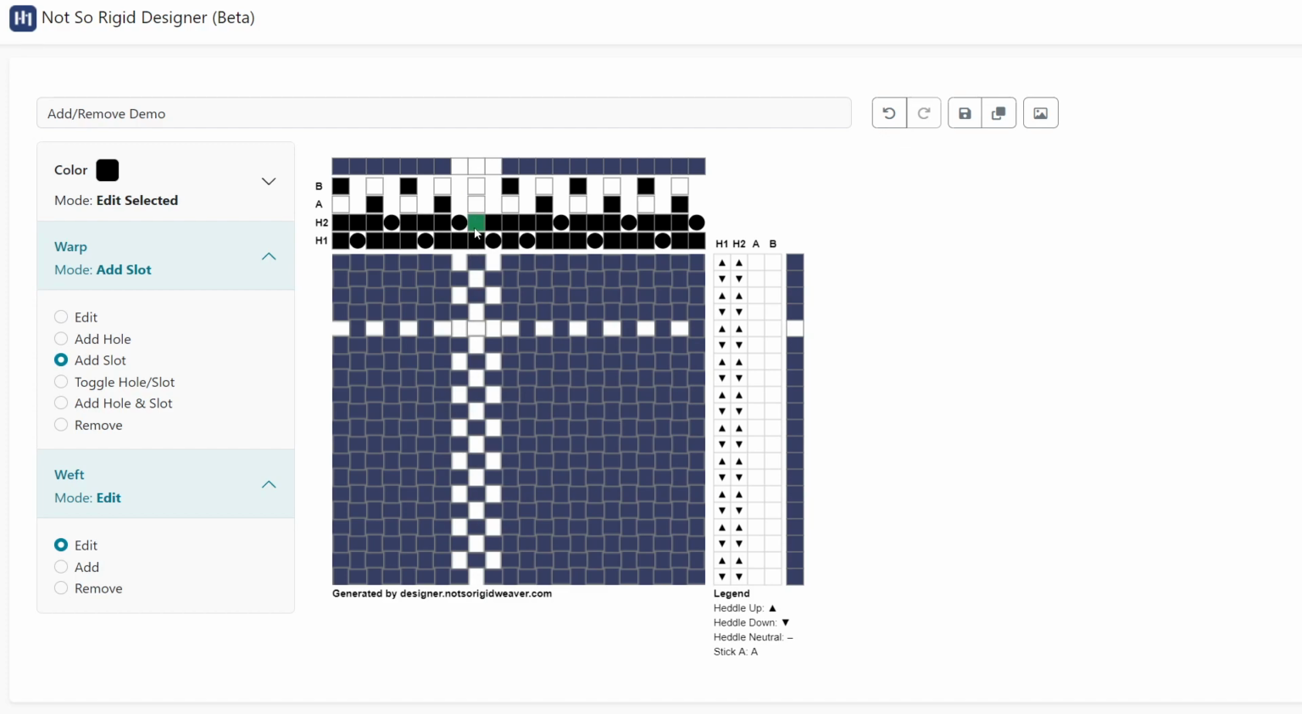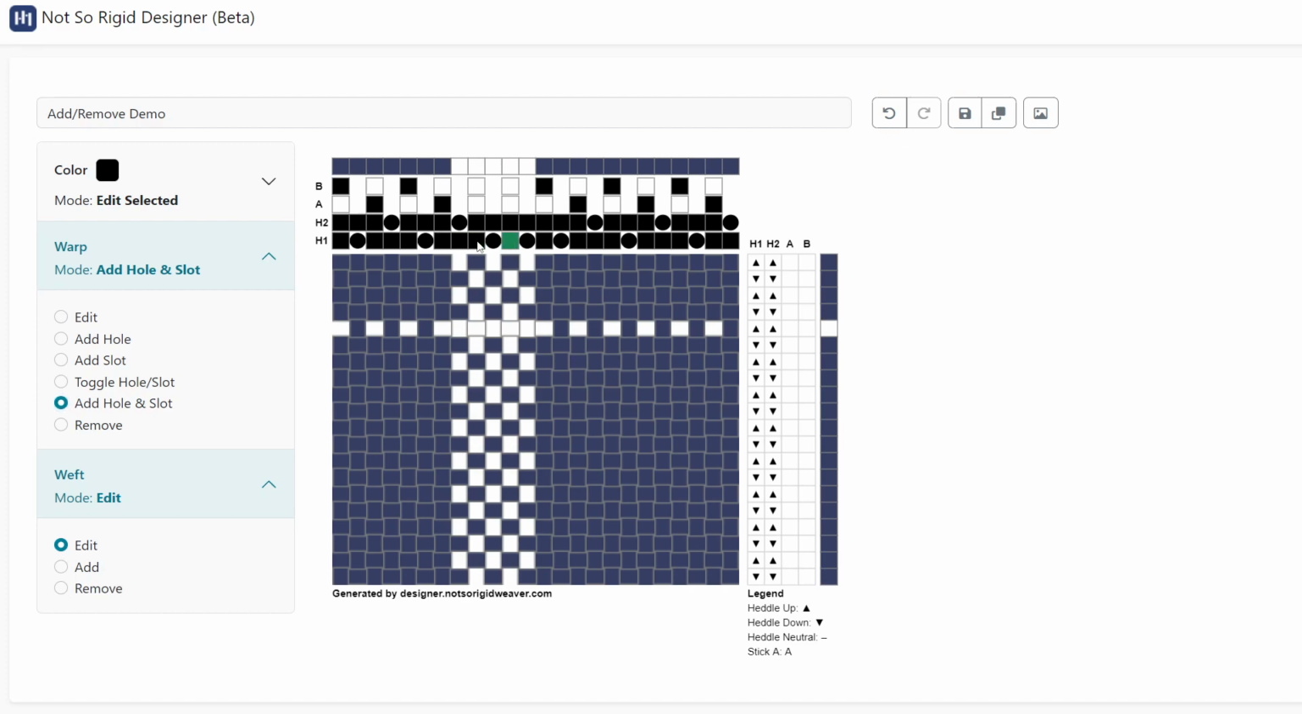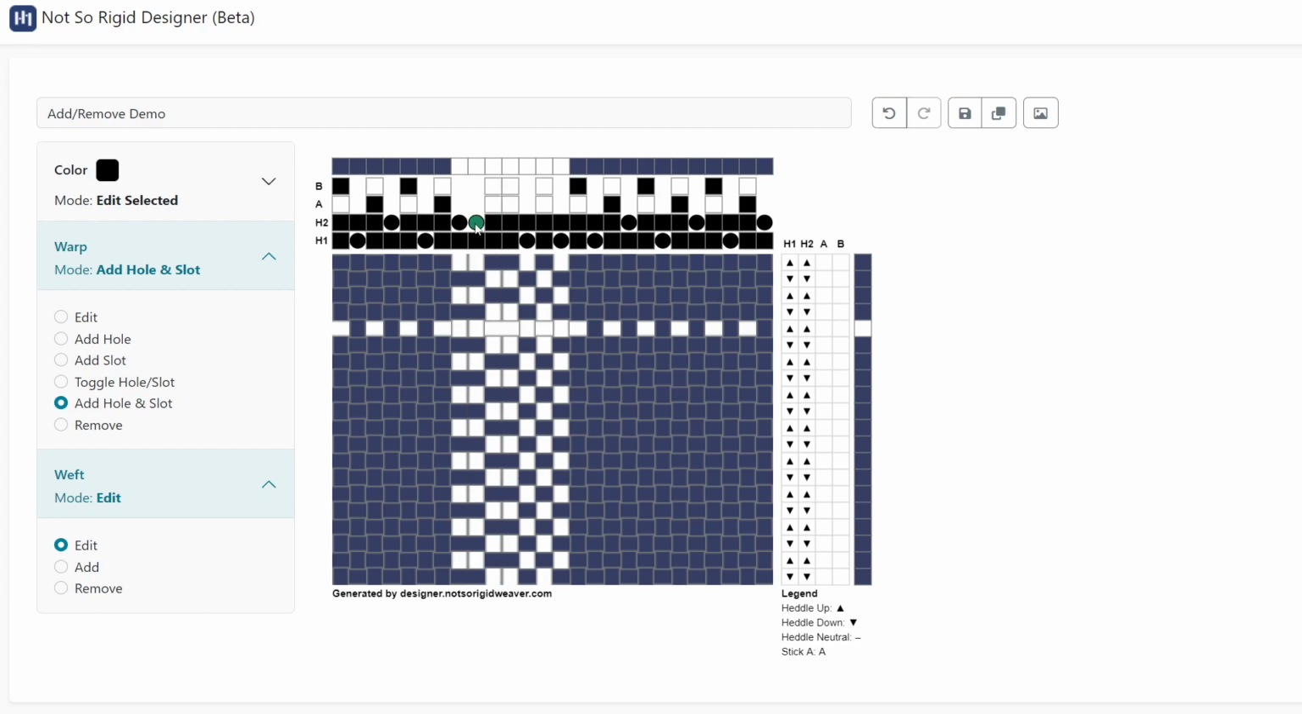with a slot in both heddles. I can also, as a convenience, add a hole and a slot together. So if I click on a slot, that'll alternate a hole and a slot. And if I click on a hole, it'll add a hole and a slot in more of a basket weave texture. So then if I want to go and change those holes and slots around, I can select toggle hole